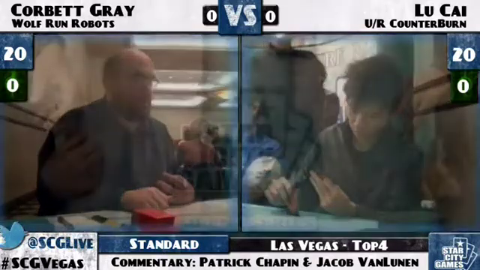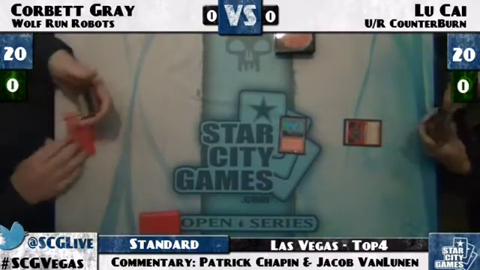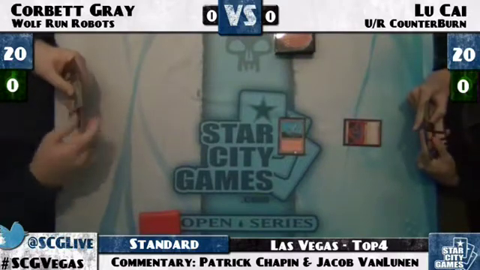So, we have Gray on the left, Lukai on the right. Looks like Lukai is on the play. Leads with a Lavamancer. He definitely would prefer the Stromkirk Noble in this matchup, but...